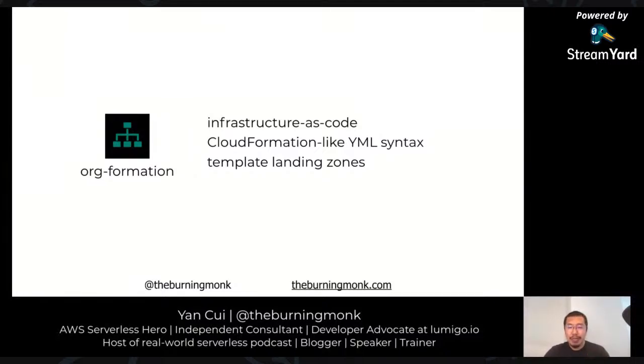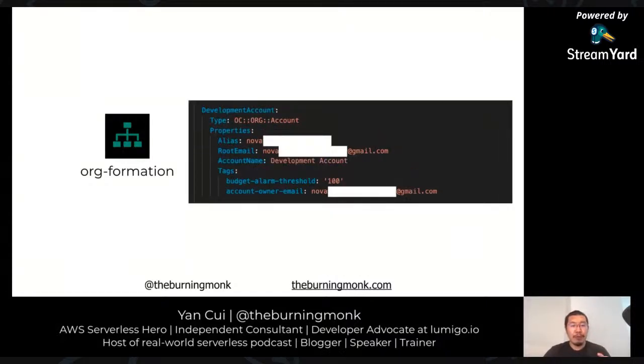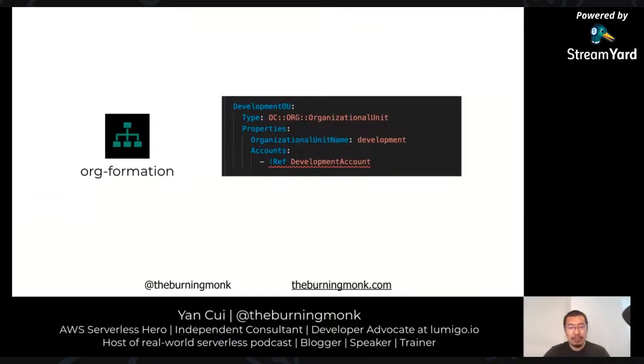It makes it easy for me to template my landing zone as well, basically the basic infrastructure that should be deployed and provisioned in the new account. Things like KMS encryption keys, default VPCs, and things of that nature. So in this case, I was able to declare a master AWS account and the root for my AWS organization. Again, this is all done in code using a syntax that's very similar to CloudFormation. And I'm also able to provision a new AWS account and set up budget alarms with just a few lines of code. I can also attach these accounts to my org units, which I can also create in code,